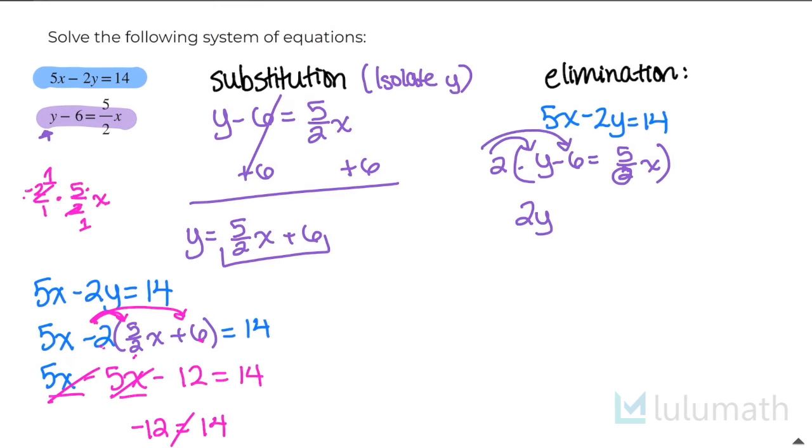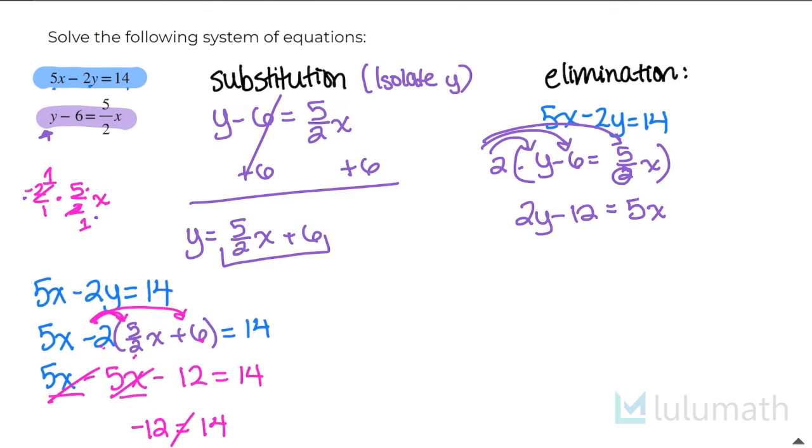2 times negative 6 is negative 12, and then 2 times 5 over 2x is what we did here, except this time it's positive 2 instead of negative 2. So I get positive 5x, okay? Now, if you look at the blue equation that we have up here, 5x minus 2y equals 14, we